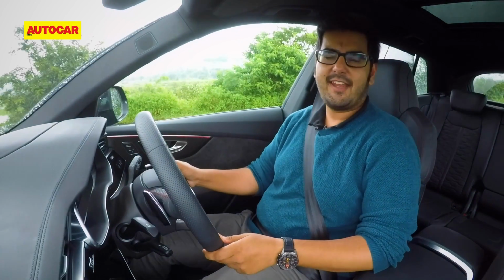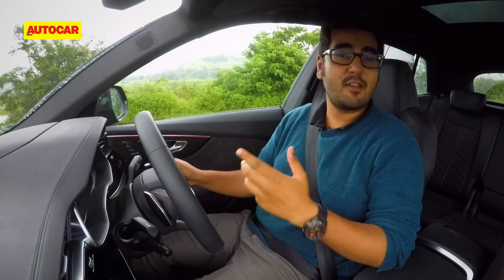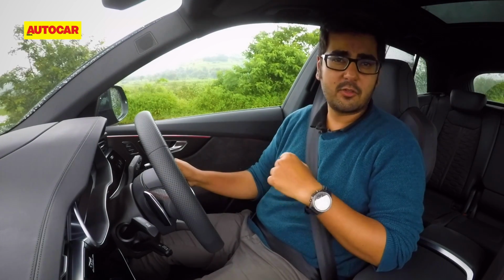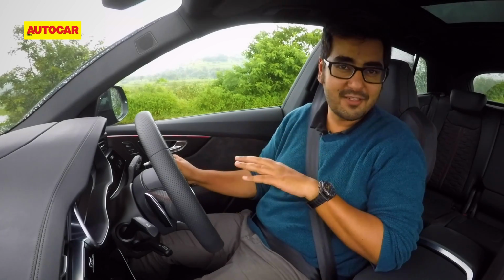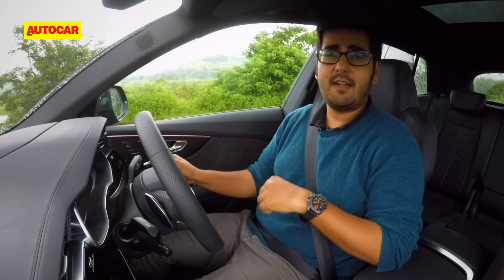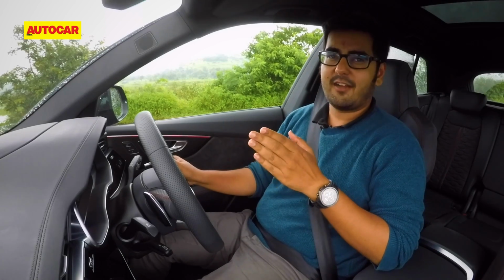This is the Audi RS Q8. It's Audi's most powerful SUV yet, its brother from another mother to the Lamborghini Urus, and at this moment it is the fastest SUV around the Nürburgring. Now that I've brought you up to speed, it's time to start the rolling evaluation. I've got an empty stretch of road ahead of me,